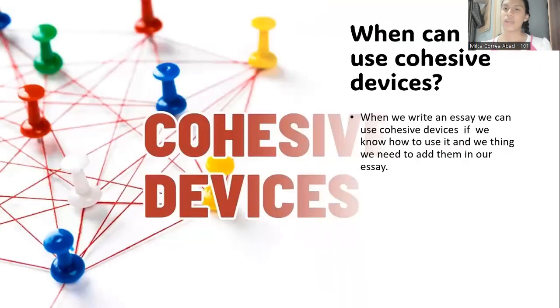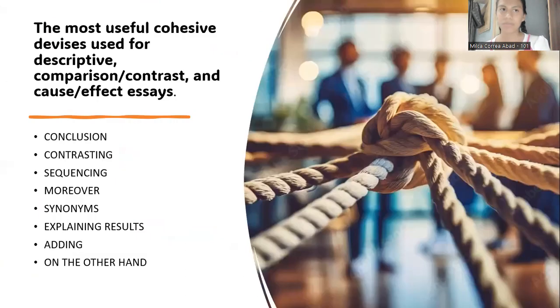But when do we use cohesive devices? There are two main times that I think we use cohesive devices. There is when we write an essay and we know how to use them. And the other is when we need to add them in our essay to clear the ideas, to make the reader understand more. So the most useful cohesive devices used for descriptive, comparison, contrast, and cause and effect essays